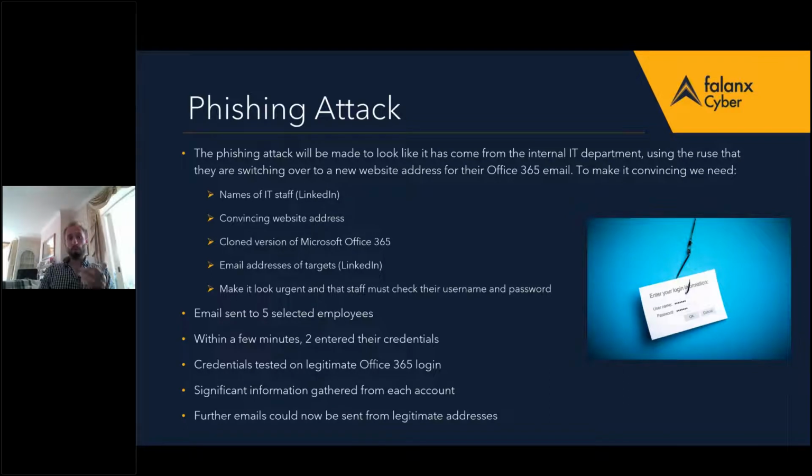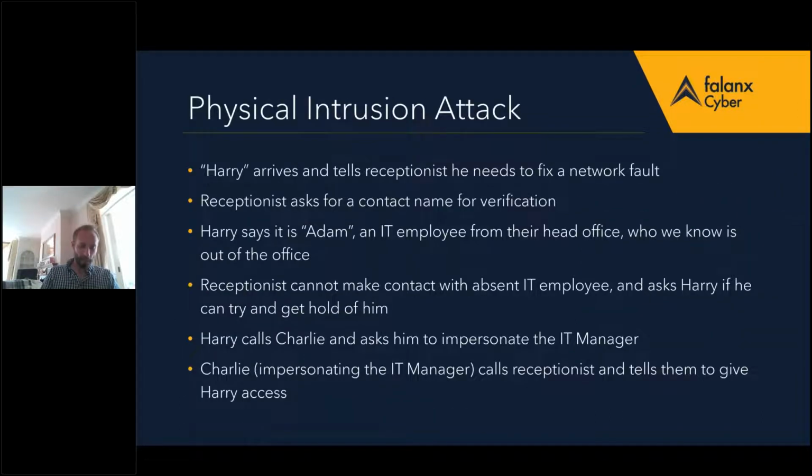Of those 5 people, very quickly, 2 of them clicked on that link and put their username and password in. I did this the day before I was going to be breaking into the office. So I've got these 2 usernames and passwords ready to go, and now I'm feeling quite confident. If I can get in the building, I can use these to get onto the computer network and hopefully steal this vaccine design. So I put on my BT outfit that I talked about: